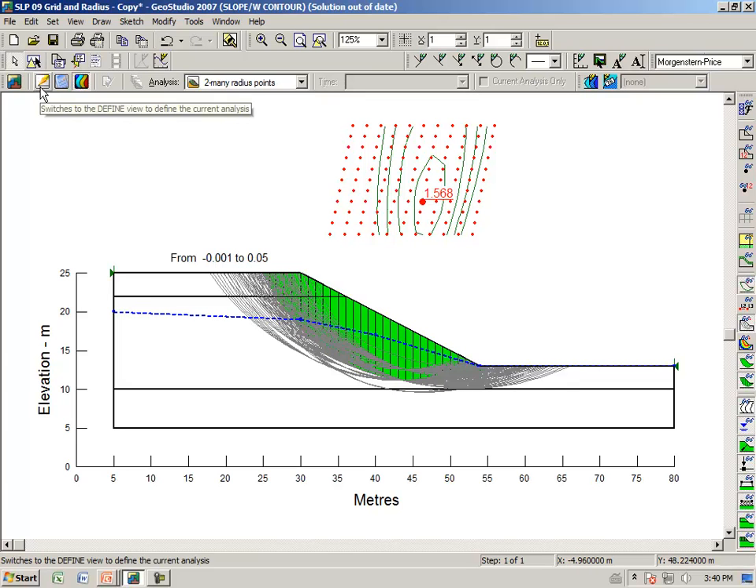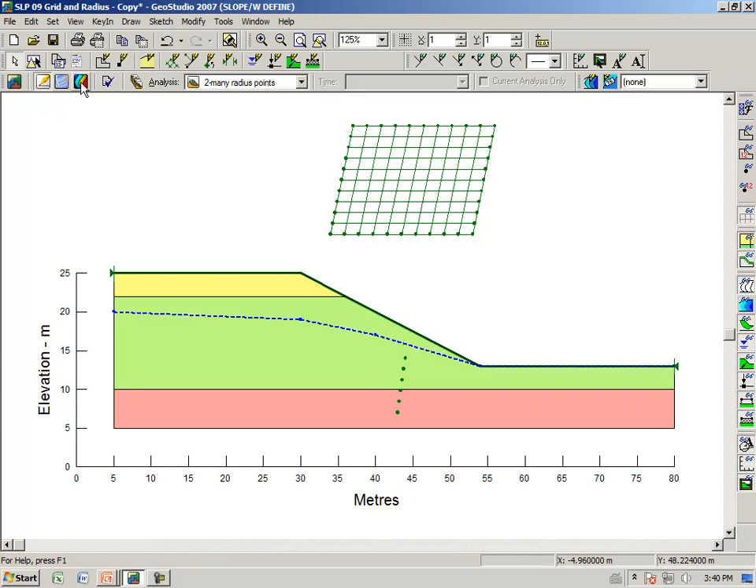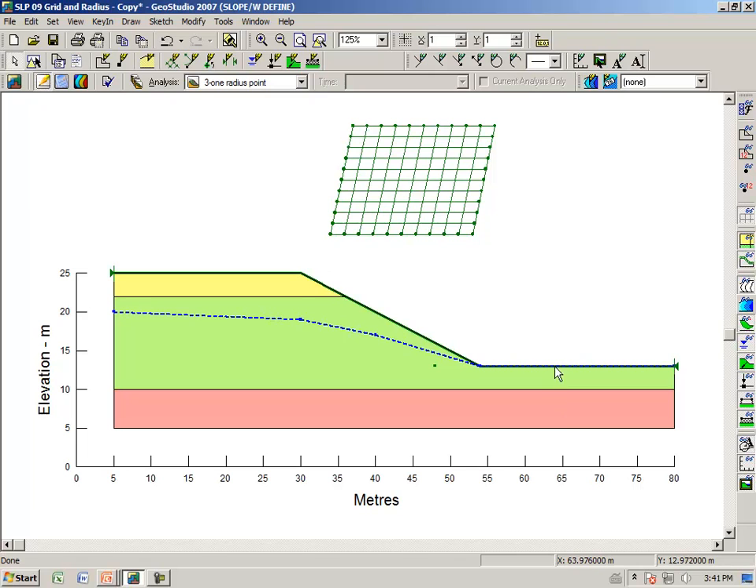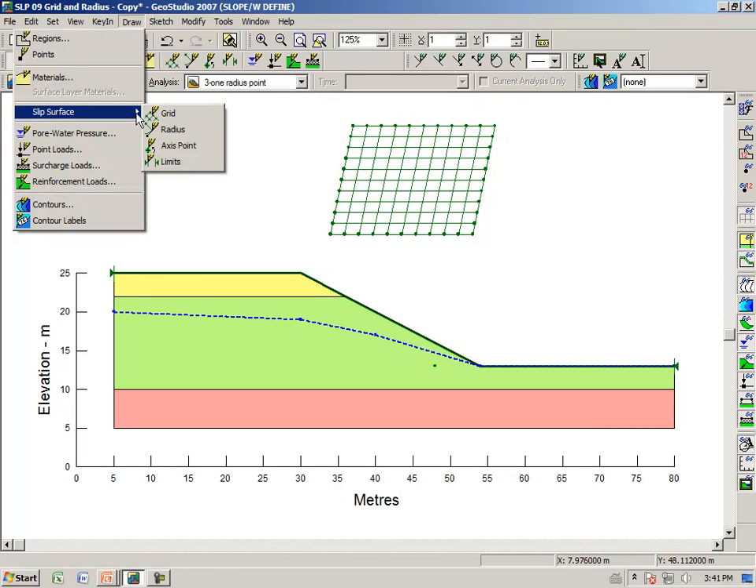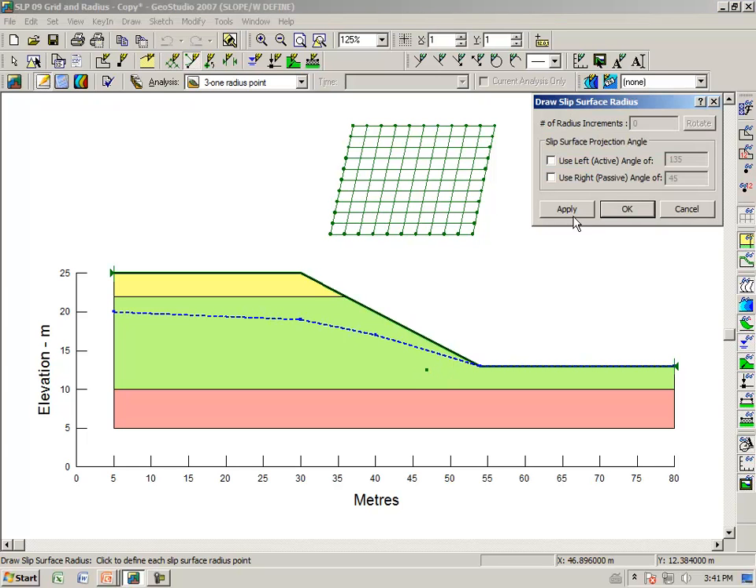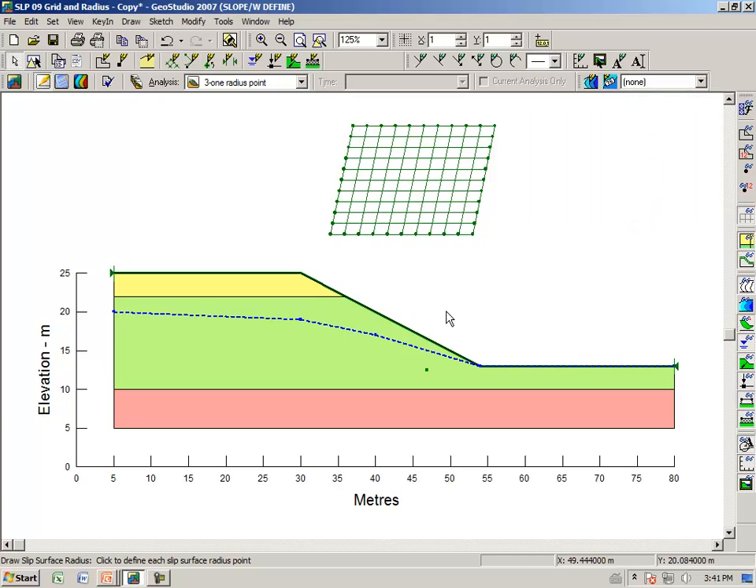Going back to the define view and going to the next analysis, sometimes it might be useful to say that we want all trial slip surfaces to go through a particular point. Once again, the same procedure. We say draw slip surface radius. We select the point and then we click 4 times. 1, 2, 3, 4. And now we have defined the point, and so now